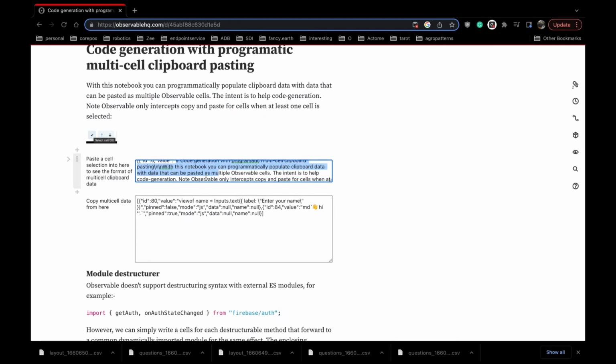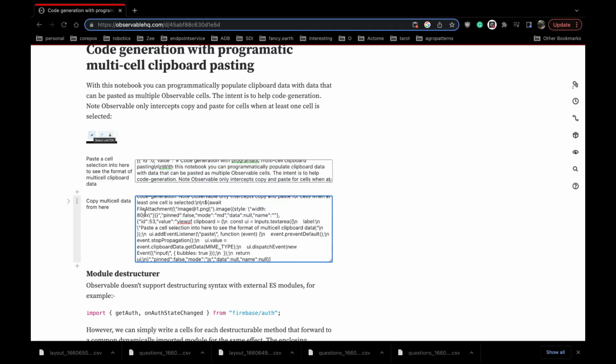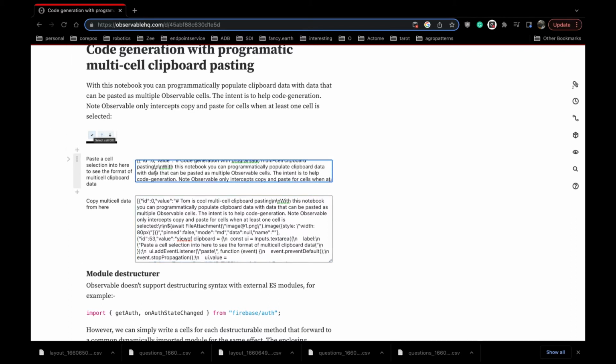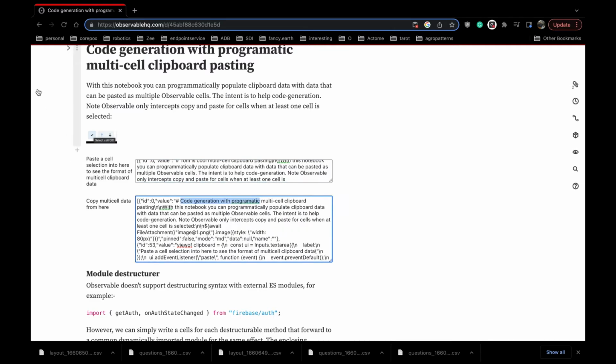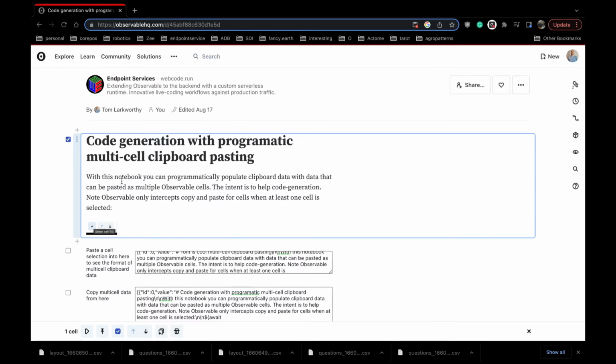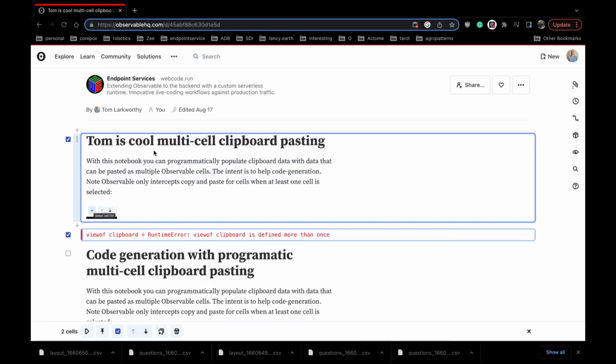Now, if you take this representation, I've got a helper. We can now modify this. So it says code generation. Let's just start it with Tom is cool. And now when we Control C, copy this, if I just Control V it, that doesn't do it. Remember, you've always got to be in this multi-cell selection. So now if I Control V, Tom is cool. So now I can paste